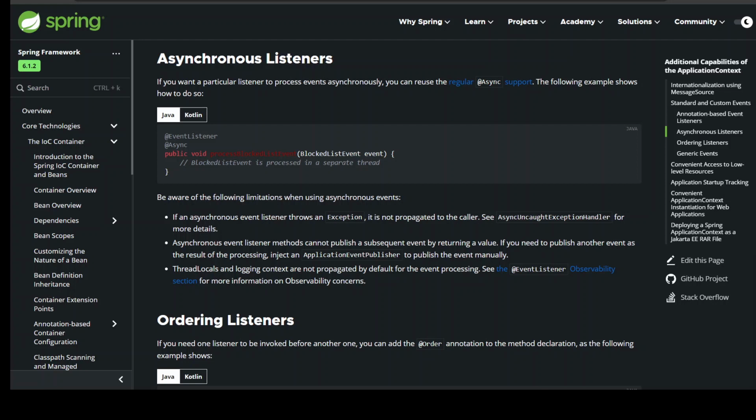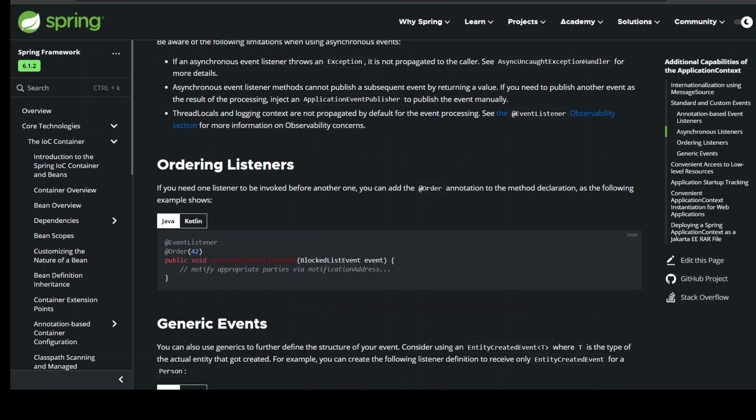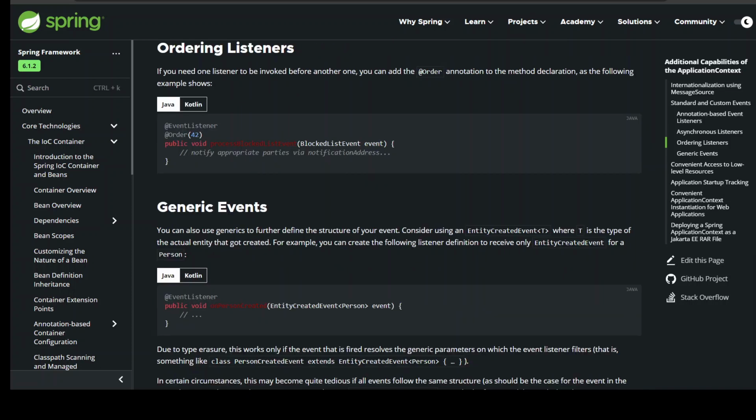Generic events. You can also use generics to further define the structure of your event. Consider using an EntityCreatedEvent<T> where T is the type of the actual entity that got created. For example, you can create the following listener definition to receive only EntityCreatedEvent for a Person. Due to type erasure,